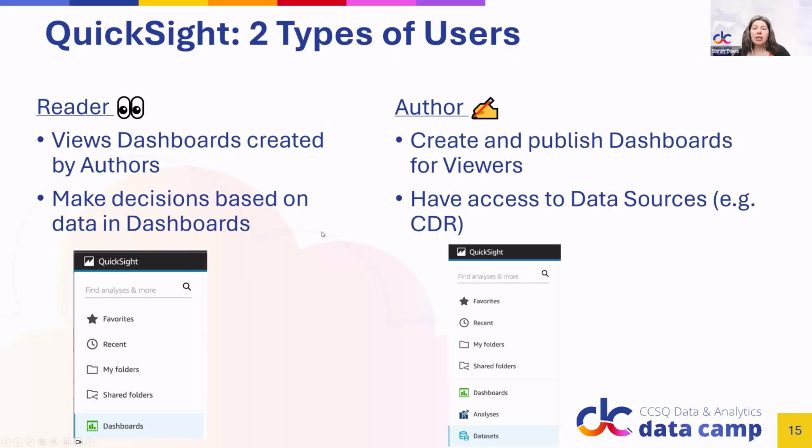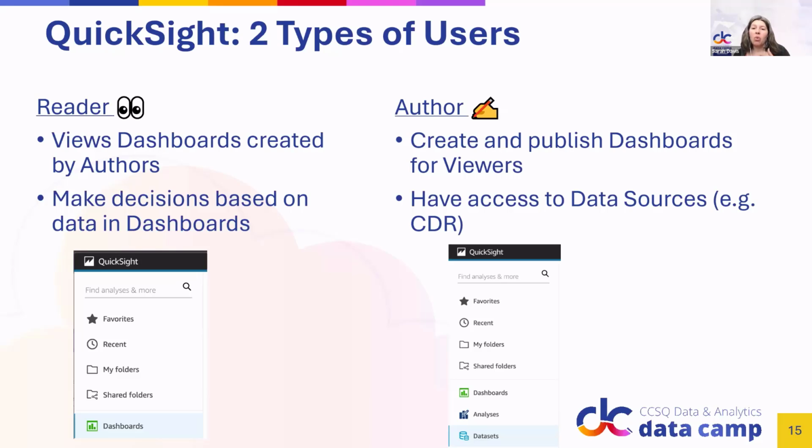All right, just a reminder, there are two different types of broad users within QuickSight. One of them is the reader, which is your end user, right? Who's going to be consuming your dashboard, making decisions based upon that. By default, everybody with a HARP ID is a reader. So when they log in, all they will see is what's on the left navigation panel down to the dashboards level. They won't see analyses and data sets.